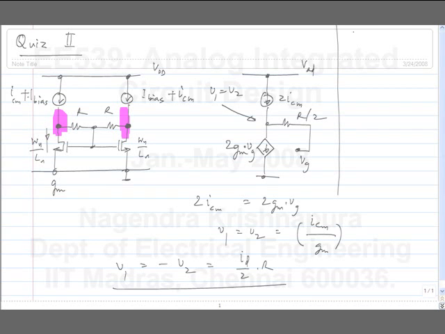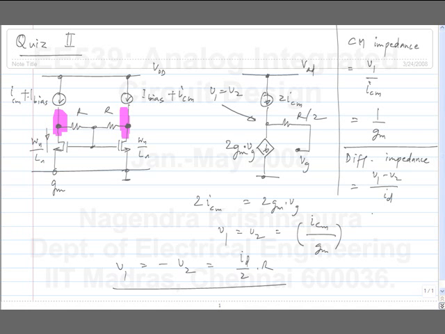So firstly, the common mode impedance is V1 or V2 divided by the common mode current, which is 1 by GM, and the differential impedance is V1 minus V2 by ID, and what is that? 2R, R, right? So the differential impedance is R. I mean, the way it is defined,